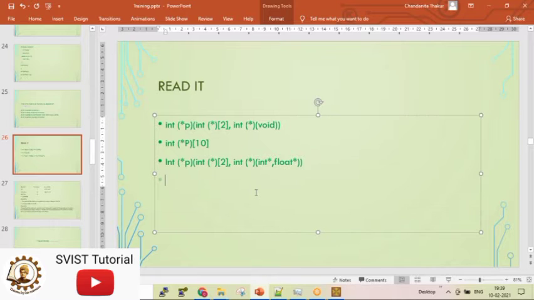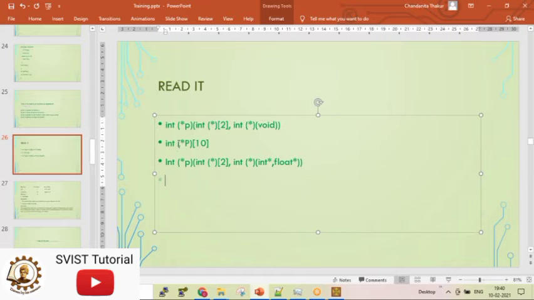But that 10 you also need to mention. So what Shubhajit and Modrisha told: P is a pointer to, repeat Shubhajit once again. Ma'am, P is a pointer to an integer type array whose size is 10. Yes. Or which contains 10 elements. P is a pointer.